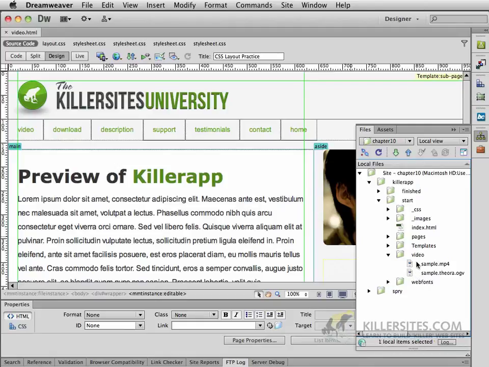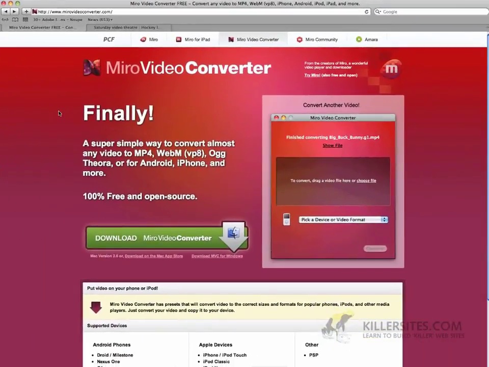But what if you only have something like an AVI file or a QuickTime MOV file? How do you go about converting these elements? Well, before we get into Dreamweaver and actually putting those video elements within our pages, what I would like to point out is that you can go online and you can find a specific video converter. And I'm going to point out one for you right here. You'll notice there is a specific video converter called the Miro video converter. Here you can find it online at